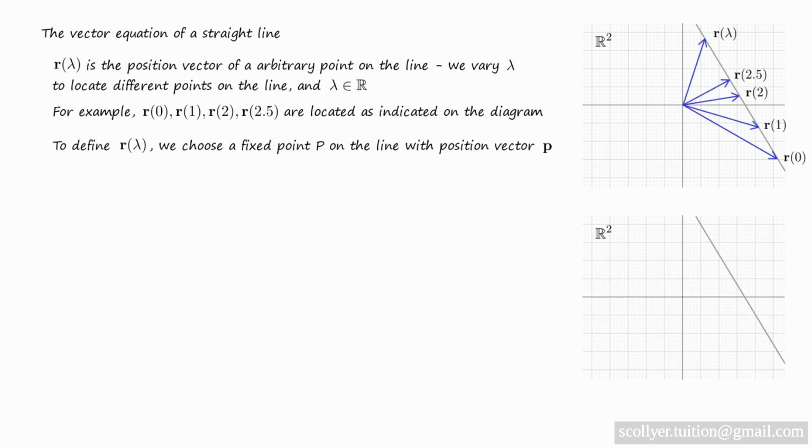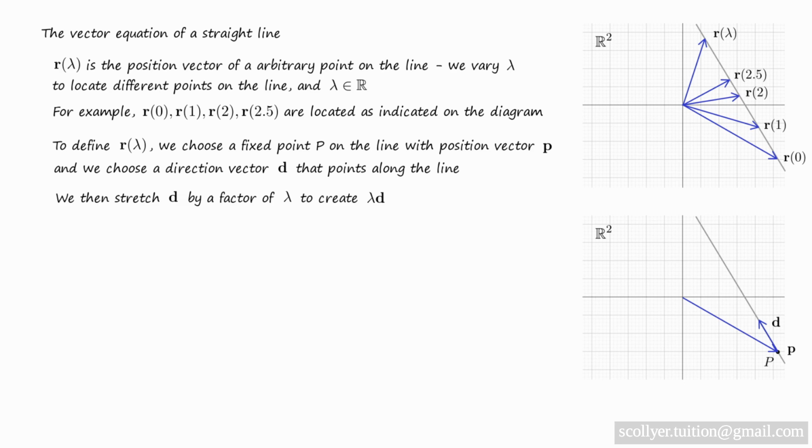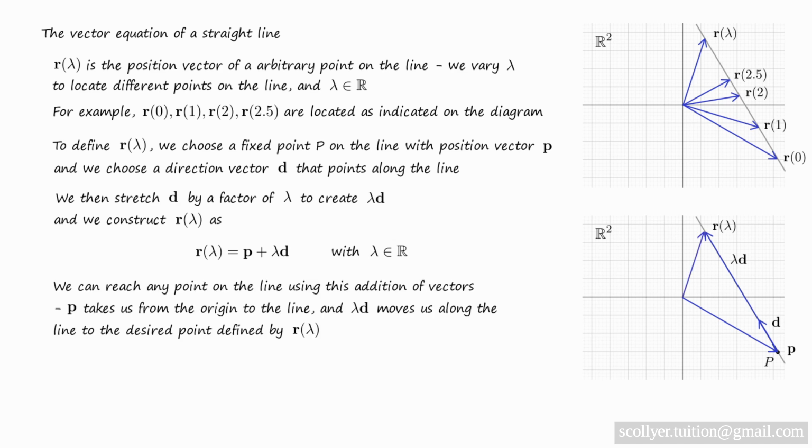To define r of lambda, we choose a fixed point P on the line with position vector P, and we choose a direction vector D that points along the line. Then we stretch D by a factor of lambda to create lambda D, and finally we construct r of lambda as r of lambda equals P plus lambda D. And now we can reach any point on the line using this particular addition of vectors. P takes us from the origin to the line, and then lambda D moves us along the line to the